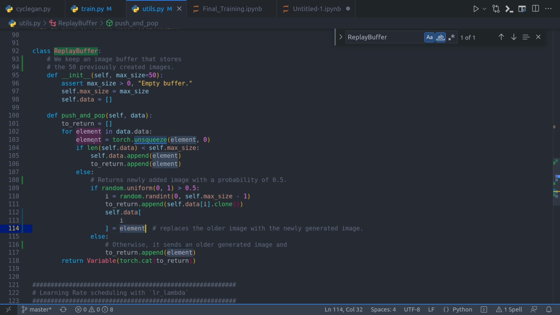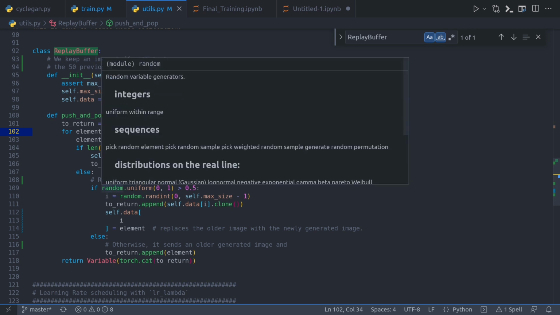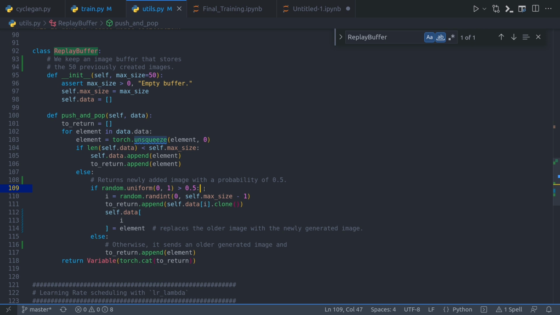And what is element? This is each element from data.data. And if this random probability distribution does not generate more than 0.5, then this else clause is activated, and here the rule is otherwise it sends an older generated image. In this case, I have to append the element itself to my toReturn array, which is my final return from